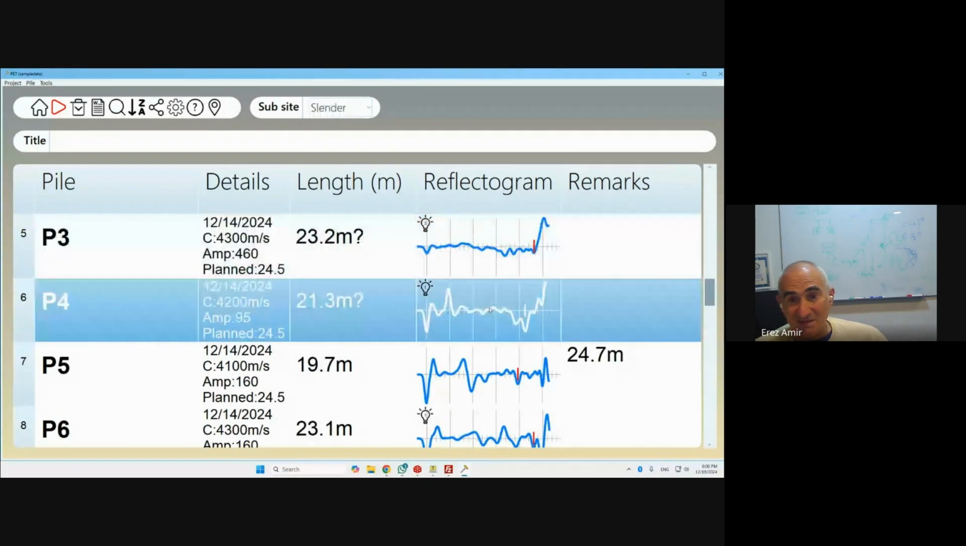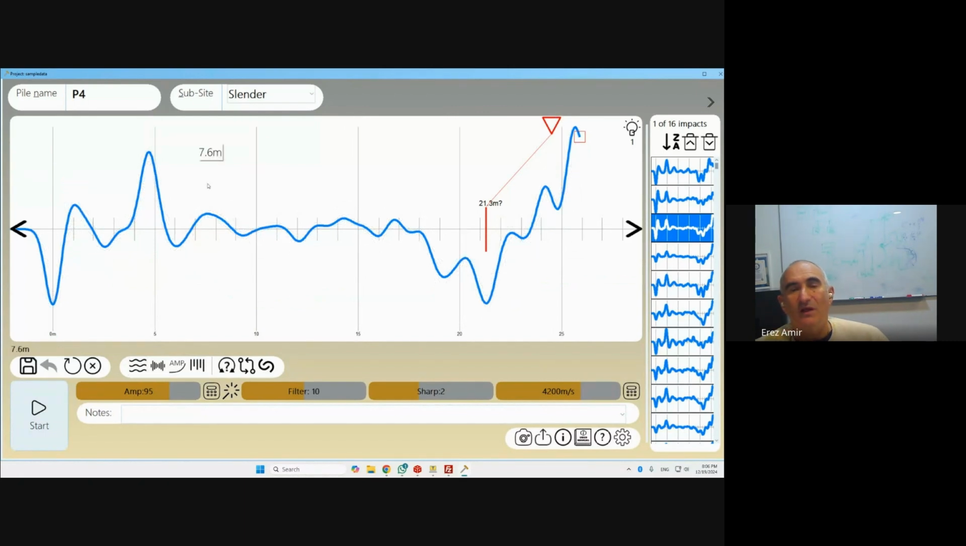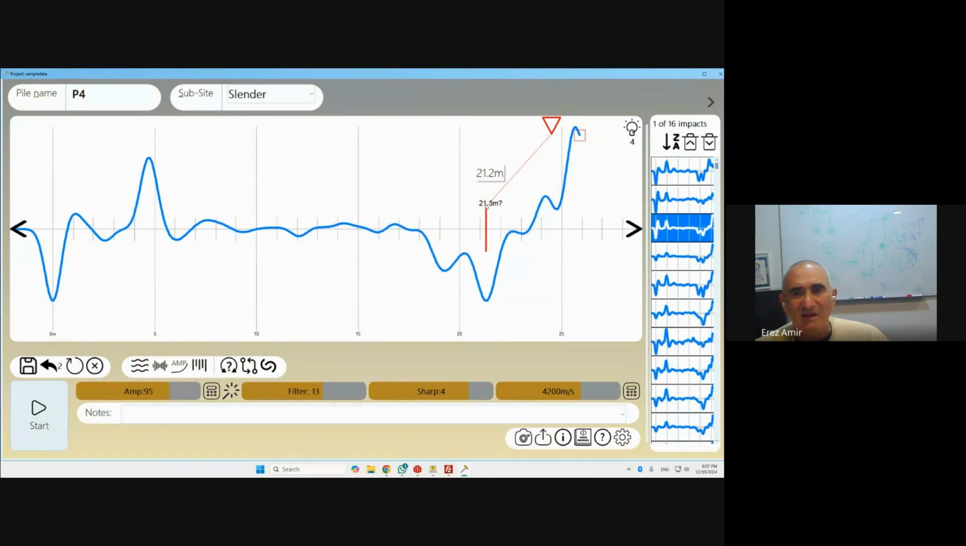However, in some piles, let's try to clear a little bit of the mess here. Okay. So in some piles, we can see some reflection here, which could be made a little bit more representative if we apply more sharpening and more filtering. But in these cases, what you must do is write in your report that these piles are beyond the limitation